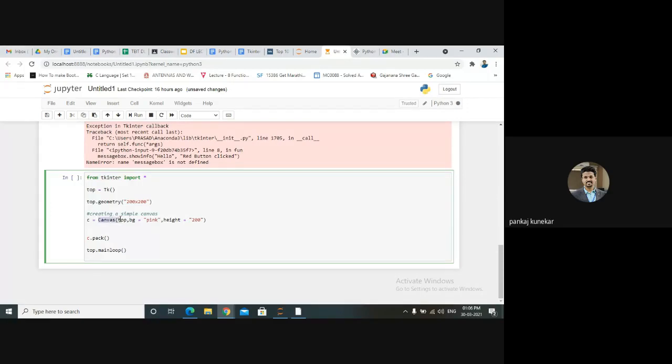It's not a function basically. You can see C is capital. C is capital means what? It's a class. So we are creating a constructor for Canvas. It has top, bg as background color pink, and your height is 200, and we need to pack it on your window, and then mainloop is created.